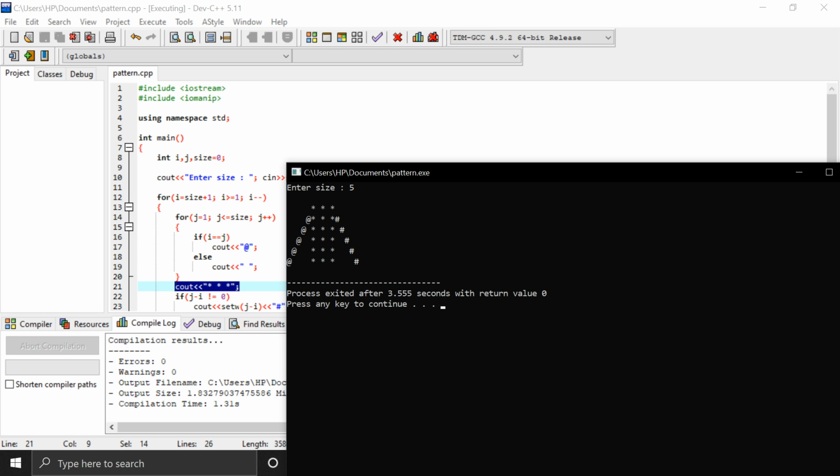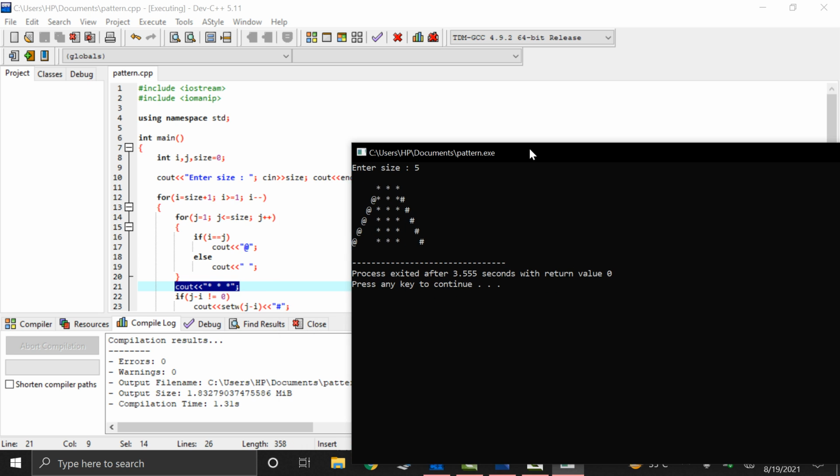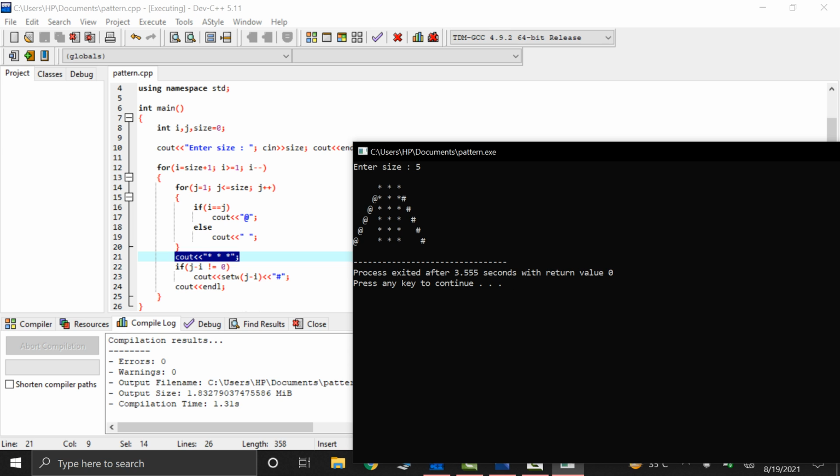You can see the code very clearly, that it's very simple, and the hashes are basically this line. We don't need any spaces to create this. We just make the logic here, that when it is not equal to 0, just print this tag.